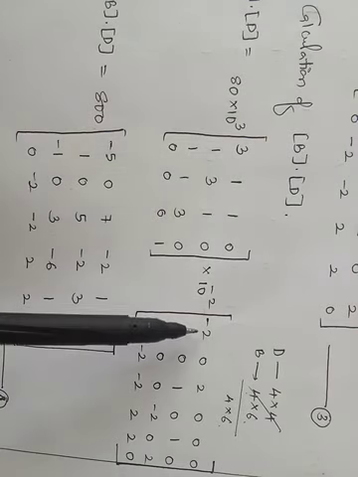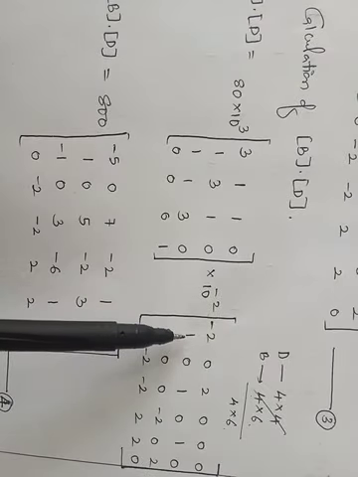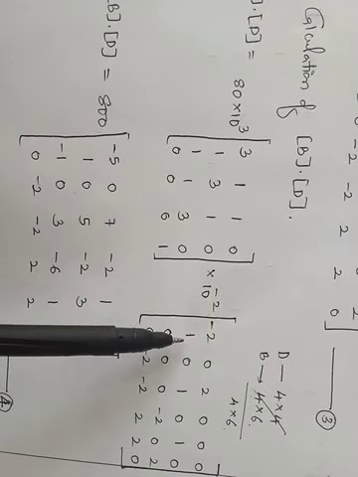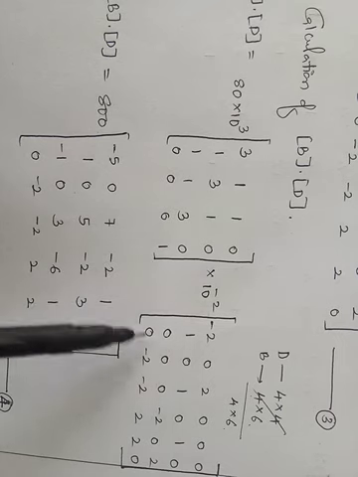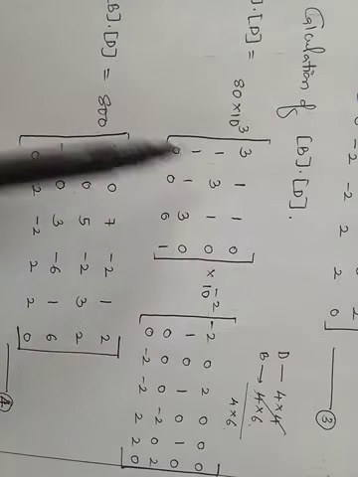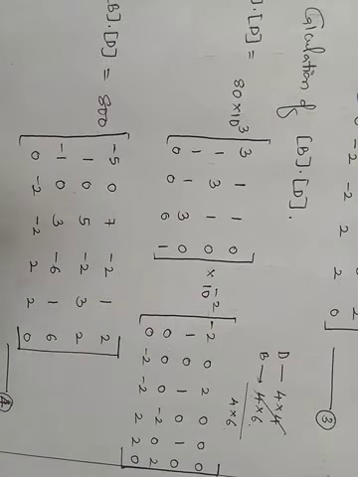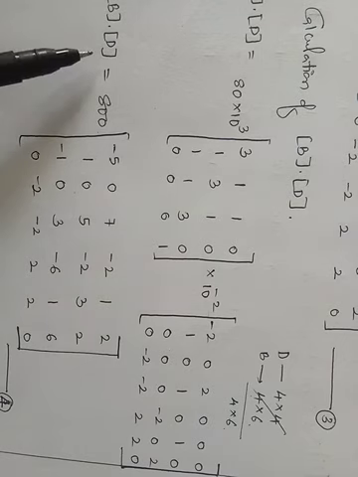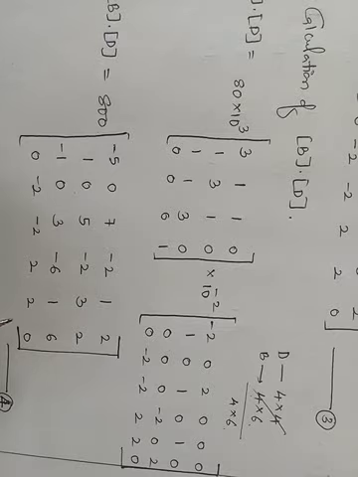So it is 3 into 2 is minus 6, 1 into 1 is 1, so minus 6 plus 1 is minus 5, and the other two elements are 0, so that is how I got minus 5. Right, so if you do it for this entire matrix, the outcome will be this matrix. So this is the B into D matrix, 800 into this one, which is of the order 4 into 6, right?